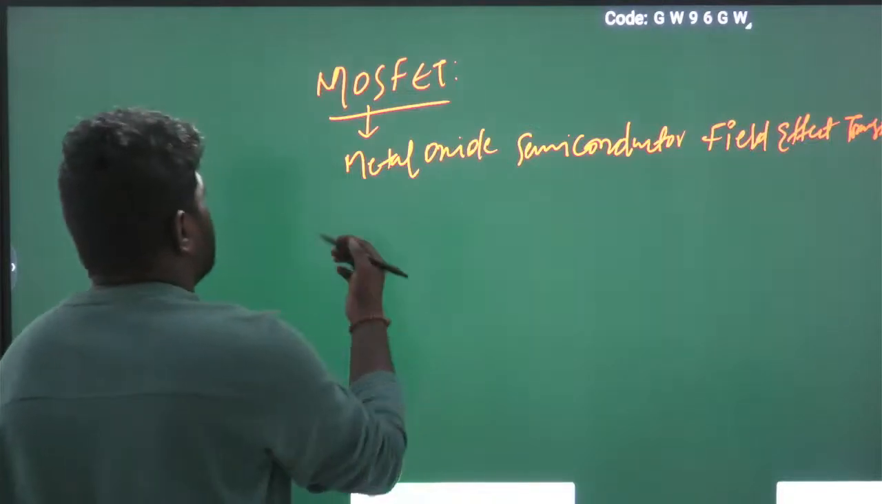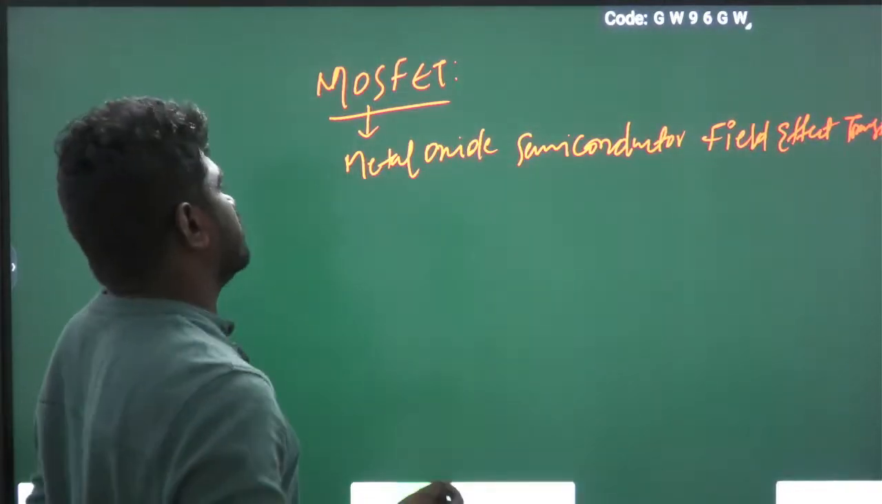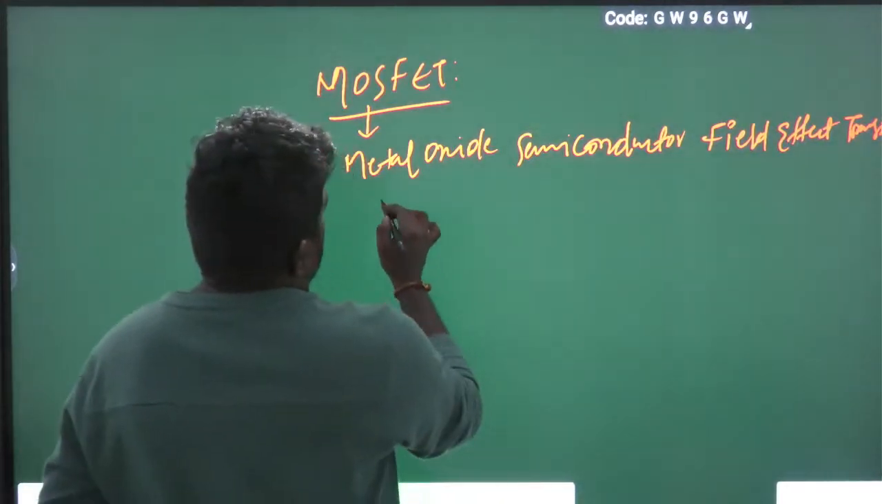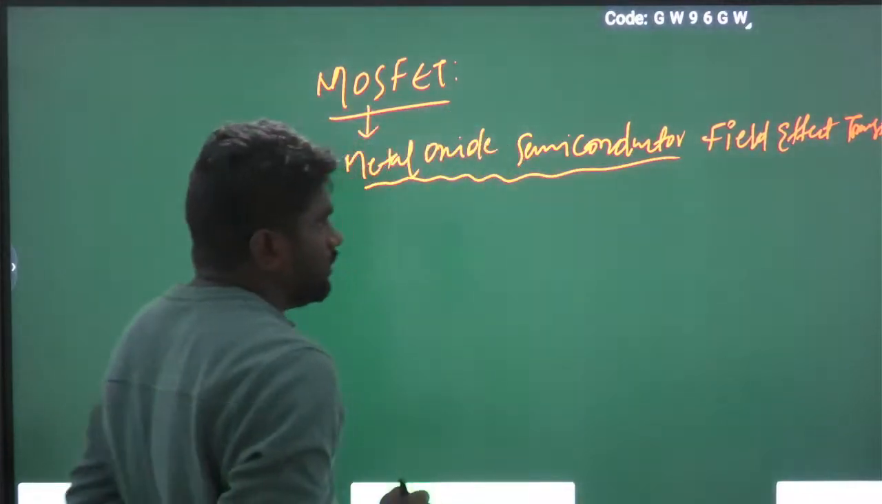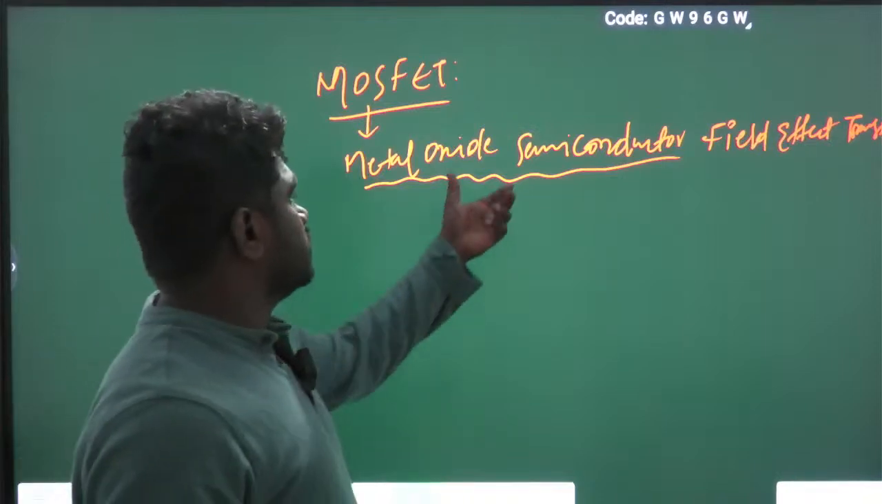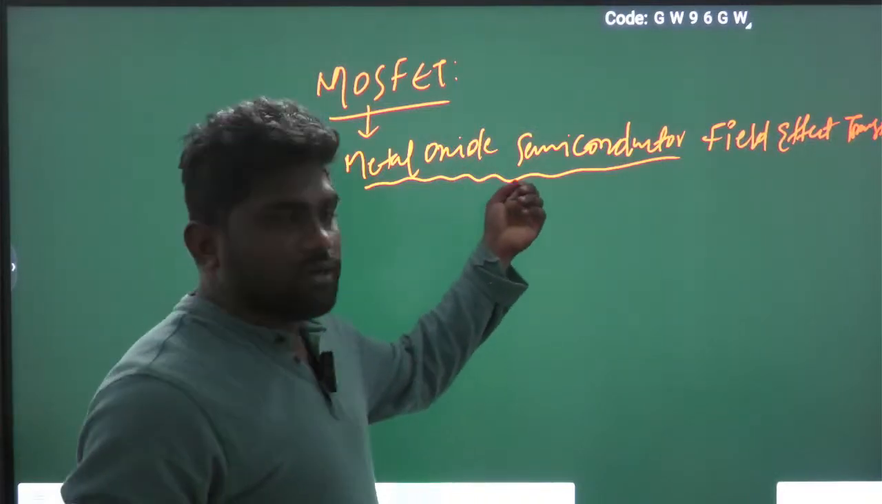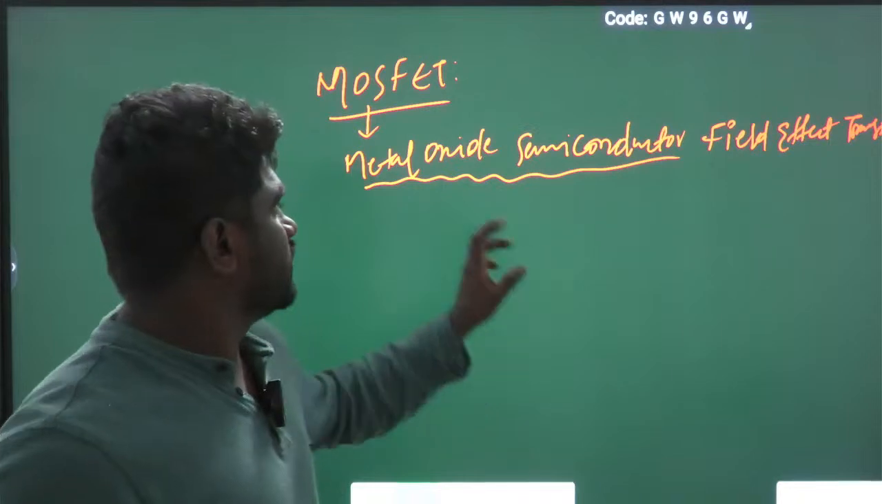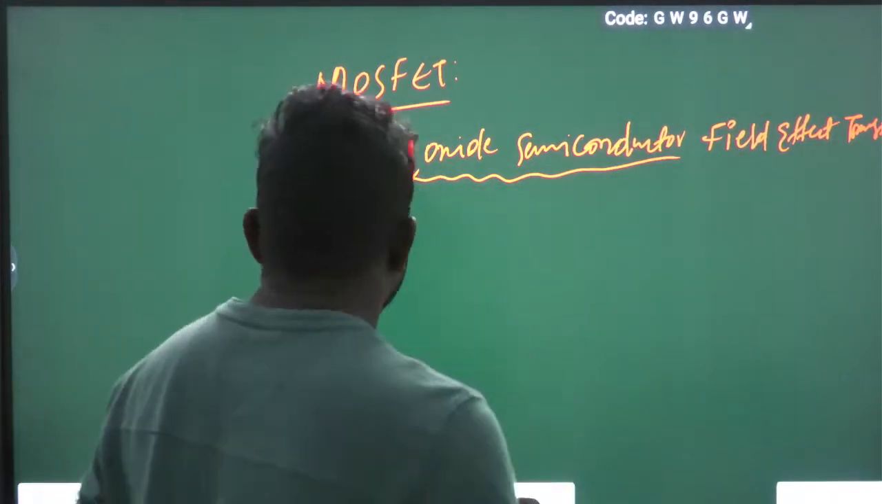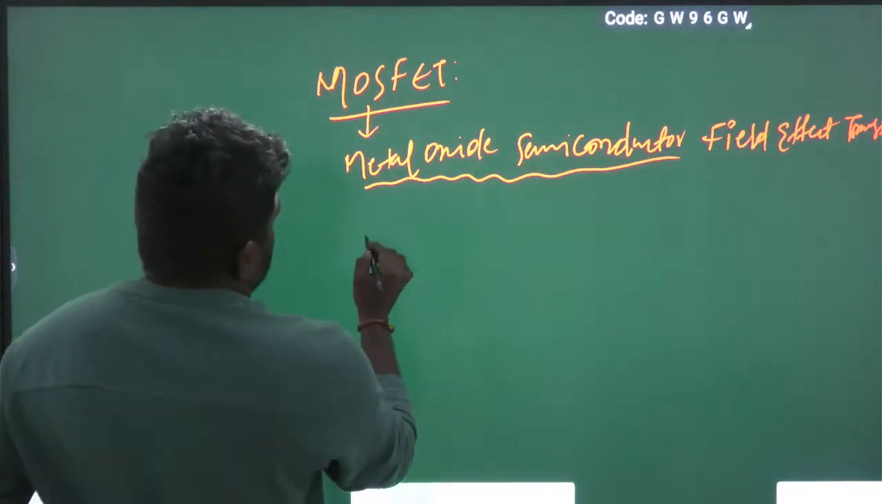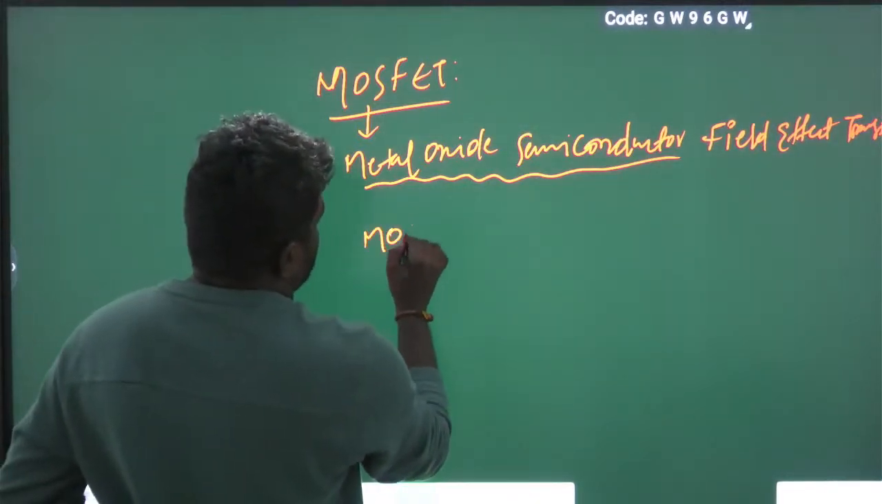So, MOSFET is metal oxide semiconductor field effect transistor. Why is it called metal oxide semiconductor? I will discuss this term when I draw the MOSFET construction, how it is named metal oxide semiconductor. So, basically MOSFET